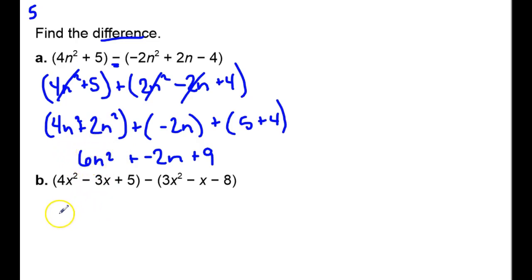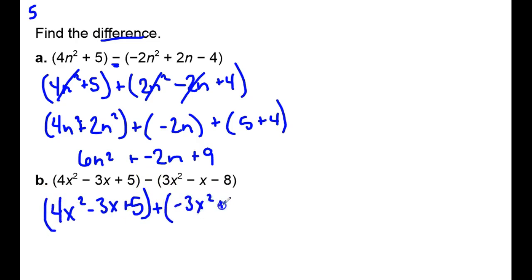So now let's try part B. So again, I write my first equation exactly as it is, my first polynomial, and then I have to change my sign to addition, and in order to do that I have to change the sign of everything that follows it. So since this 3x squared was positive, it now becomes negative. This x was negative, it becomes positive, and this 8 was negative, so it becomes positive. So now I can go ahead and combine my like terms